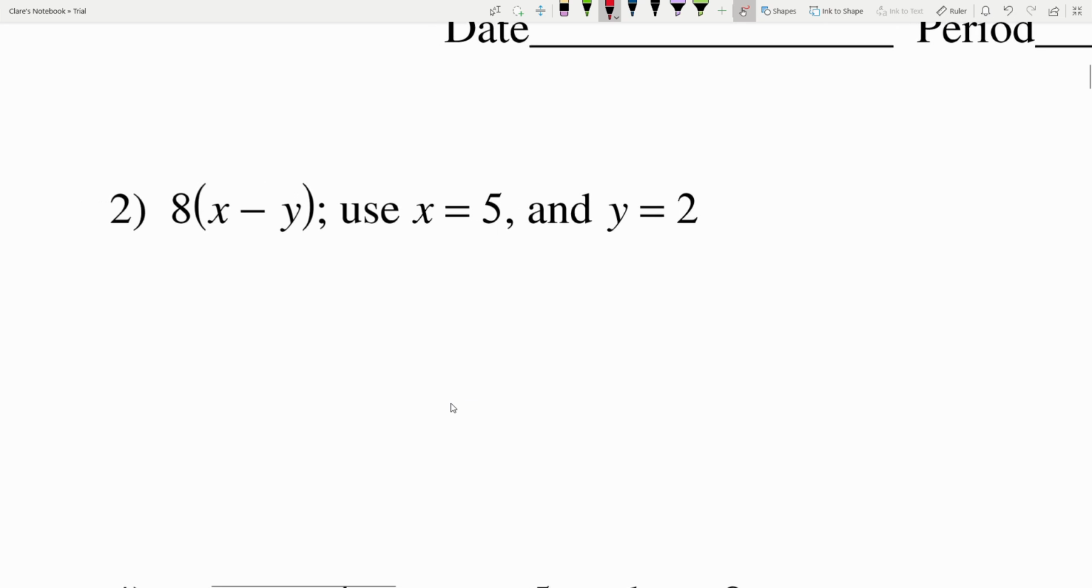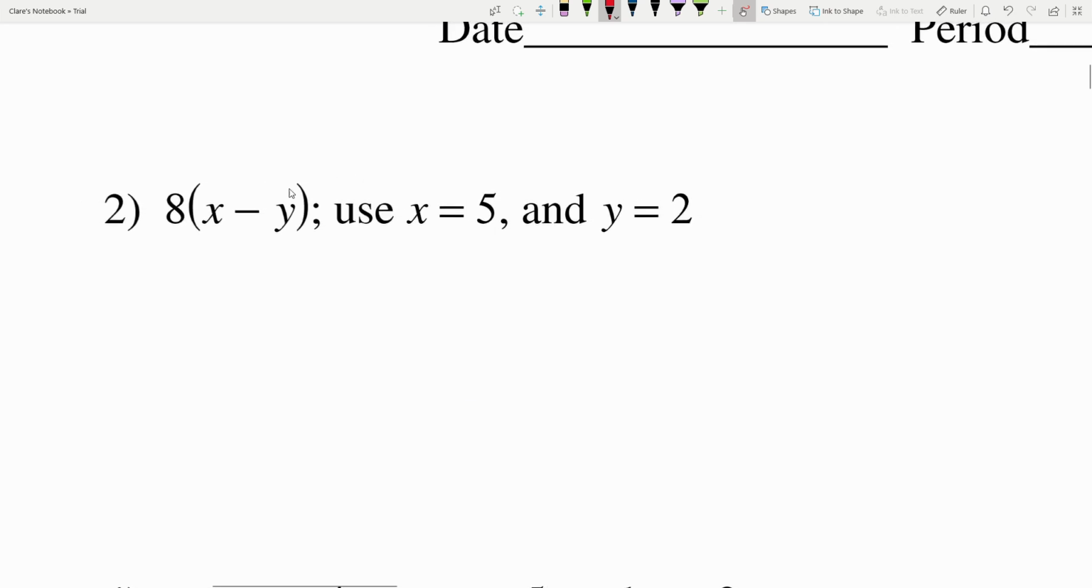In number 2, our expression is 8 times x minus y. They give us that x is equal to 5 and y is equal to 2. So what are we going to do? Everywhere we see an x, we're going to plug in 5 for x since x is 5. And our variable y, we're going to plug in a 2 everywhere there's a y. So rewriting this, filling in x and y, I'll get 8 times x, which is 5, minus y, which is